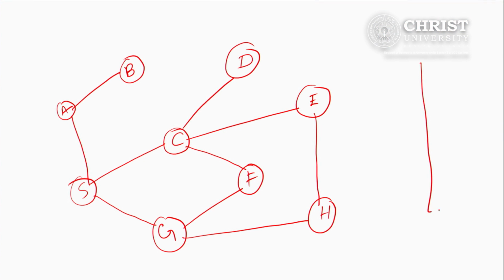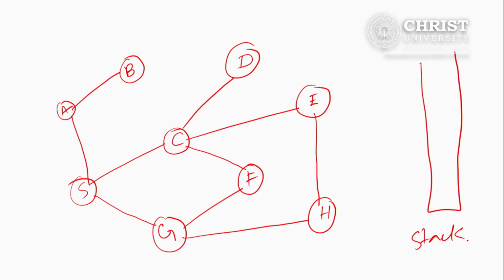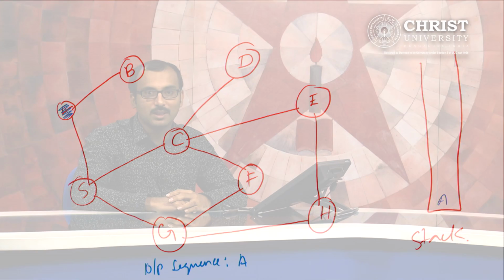On the right hand side, you can see an empty stack placed, which is used for keeping track of all the visited nodes. To start with, we have node A. We will push it to the stack, add it to the output sequence, and mark it as visited. Now, according to the depth first search technique, we will check the top of the stack symbol.